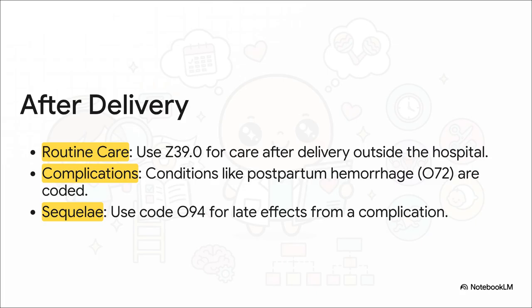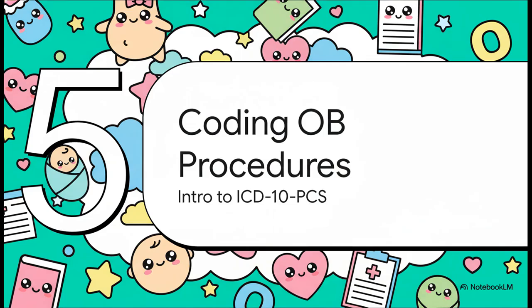And then there's this other thing called sequelae. That's when a complication from the pregnancy causes a long-term issue that needs treatment down the road. For that, you use code O94, and it's always listed after the code for the condition itself. Okay, up until now, we've been all about the diagnosis codes, the what and the why of the patient's condition. But to code the how, the actual procedures that are done during a hospital stay, we have to switch gears and look at a whole different coding system,